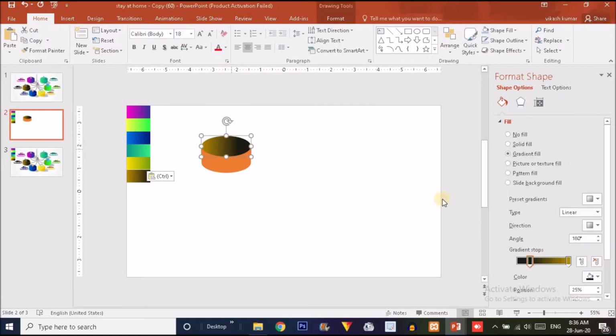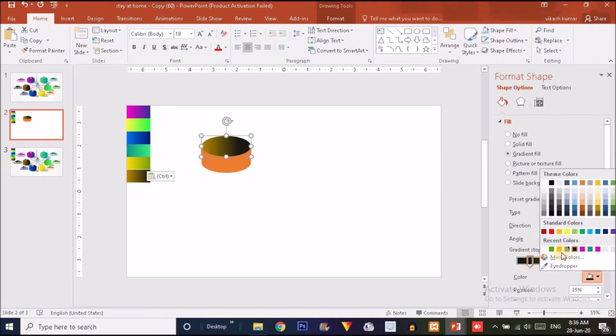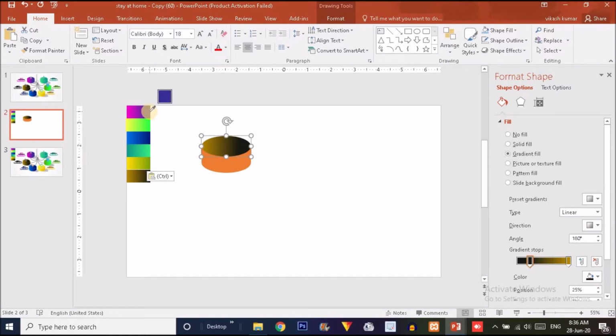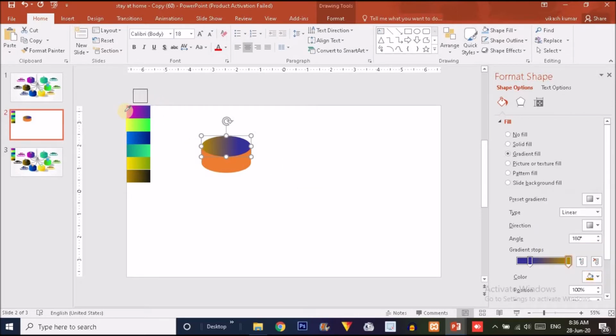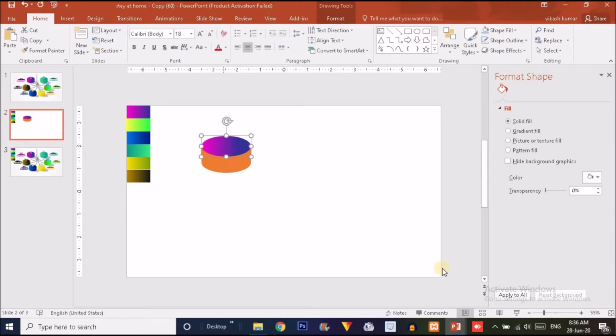Now select this oval shape, and you have to keep the handles like this, and for the left handle you have to choose this blue color from the color sample, and for the right handle choose this color sample from here.